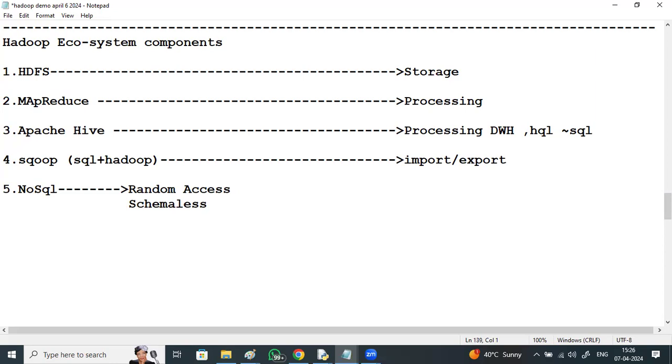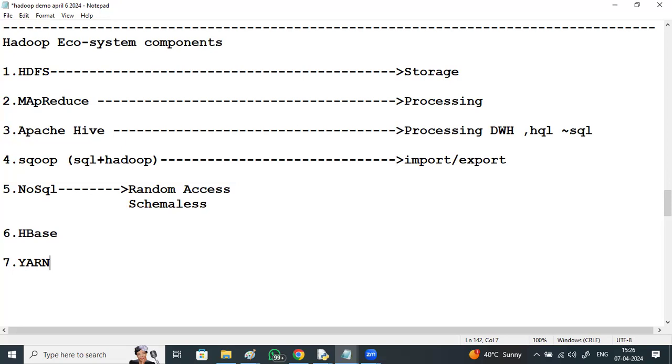And as part of this course, I'll be discussing a NoSQL database like HBase. HBase is one of the NoSQL databases. Apart from this, we'll be discussing Yarn, yet another resource negotiator: Yarn architecture, Yarn components, Yarn processing.